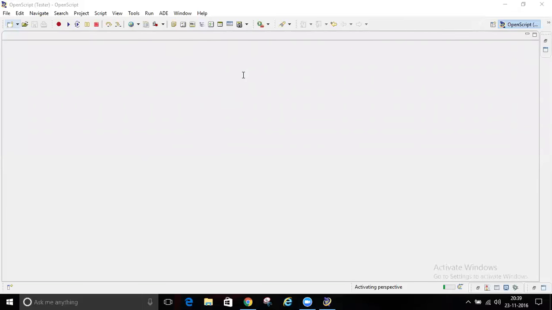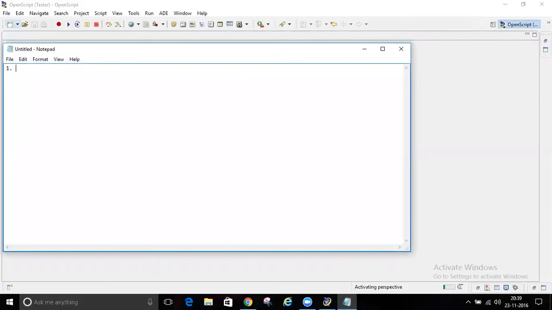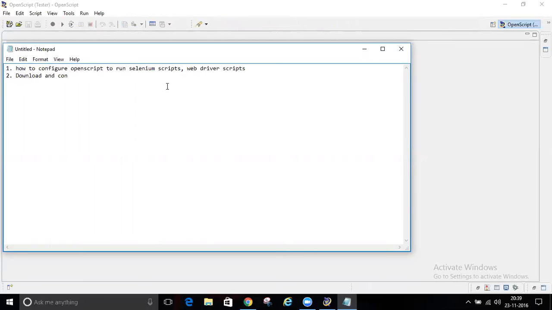What we are going to learn today, the first thing is how to configure Openscript to run Selenium scripts. Basically, Selenium scripts are written in the WebDriver scripts. We will see how to download and configure